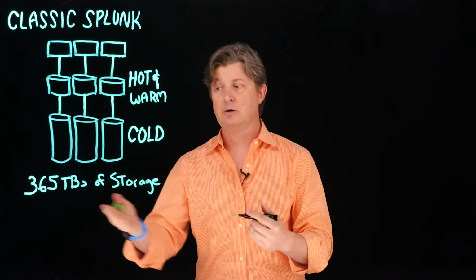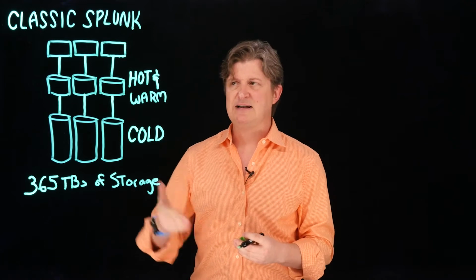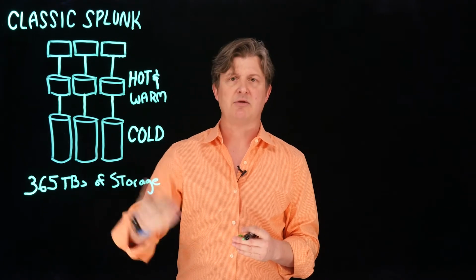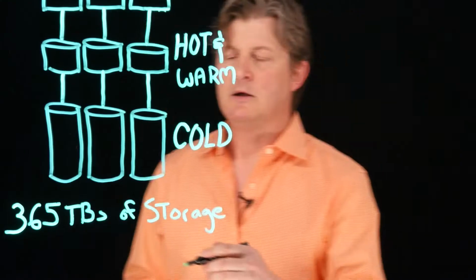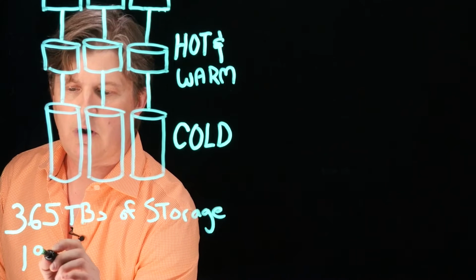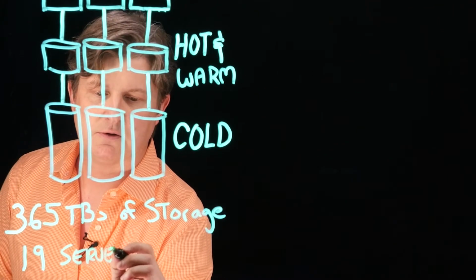We're storing, for a year, 365 terabytes of storage. If we've got 30 days of hot data, we probably have about 30 terabytes up in the hot and warm tier, and then we've got the remaining in the cold tier. In terms of the number of indexer servers, we're probably going to require approximately 19 servers, or indexers, is probably a better way to say it,